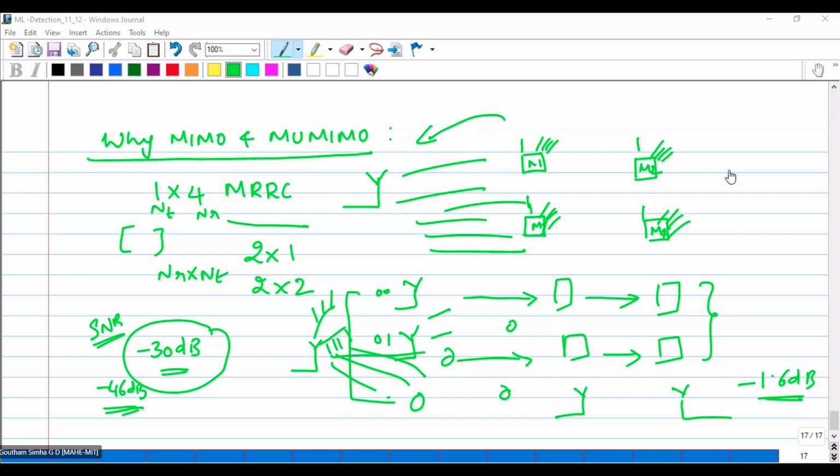Otherwise, it will go crazy, and I know most of you are sleeping. I understand that. That happens because we have presumed that you know linear algebra. And M3, M4, if you don't revise, there is no point in reading this wireless communication. You can understand, but you will not be able to appreciate the concepts. It will be simply like he will come, he will write some mathematics, he will go. Why do we have to study this? That kind of attitude you will develop if you don't understand linear algebra.